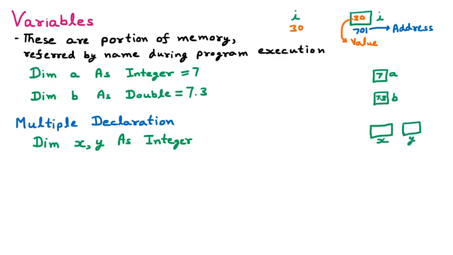Now let's say we want to give x the value 1. So we write x is equal to 1. And let's say you want to apply the value of y as 2. So y is equal to 2. This way we can provide 1 and 2. These values will be stored in x and y. That means these two variables x and y are declared and initialized with the values 1 and 2.